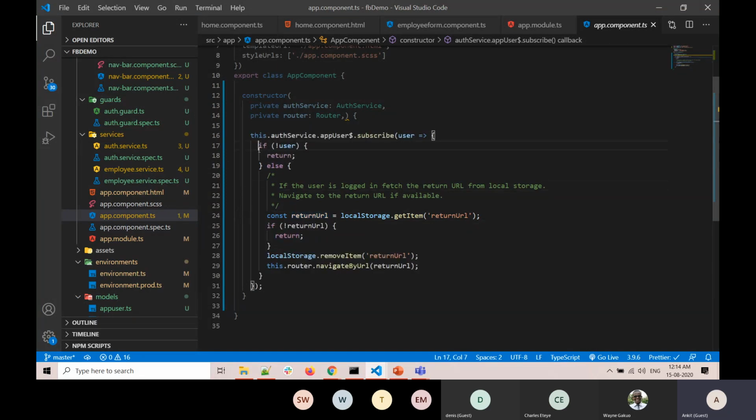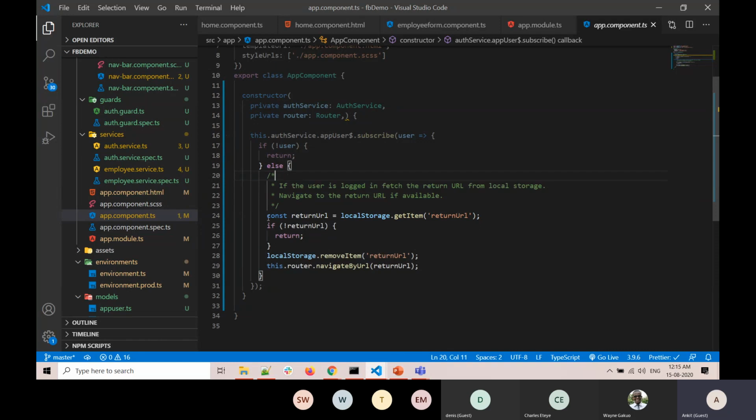So here, what we are doing in the app component TS file is also very important. Here I have put the comments also for you guys to understand. I will also provide the GitHub link at the end of the session, where you can go and see all the code in action.